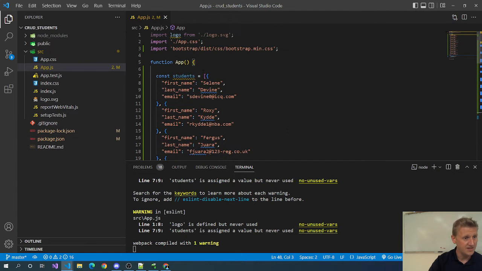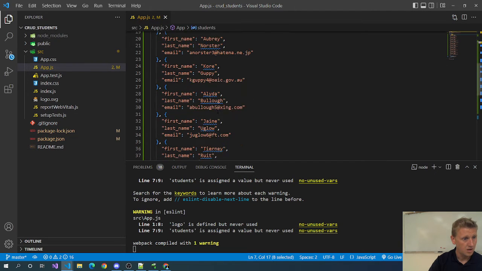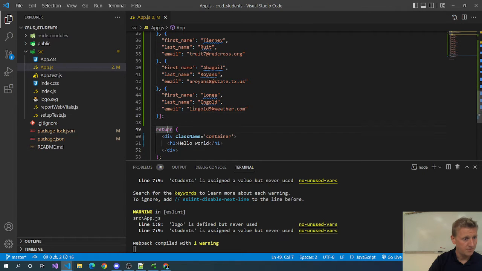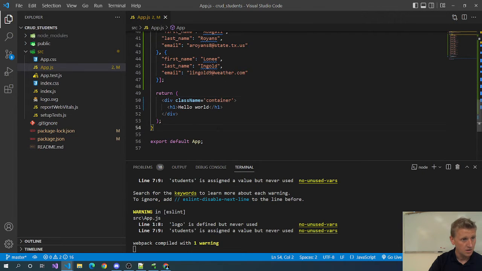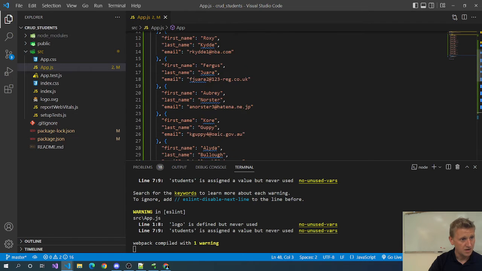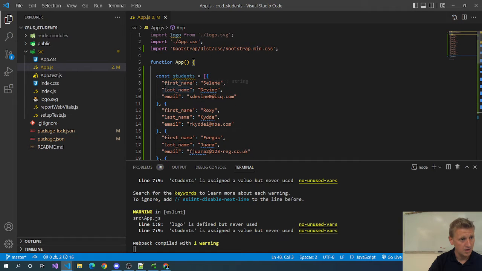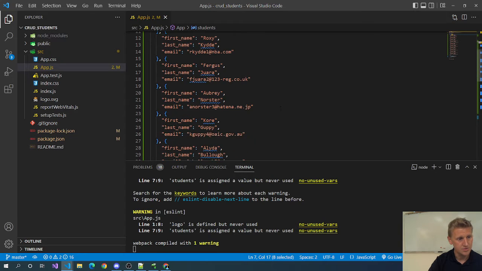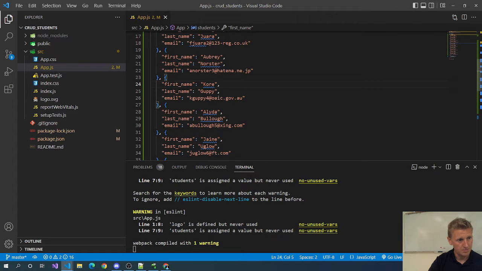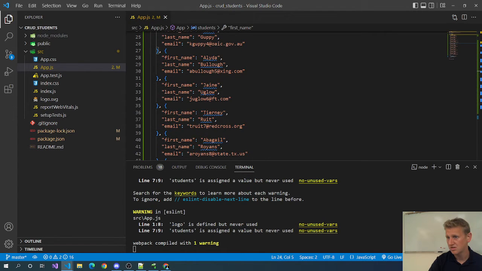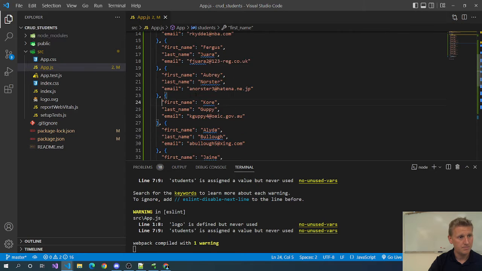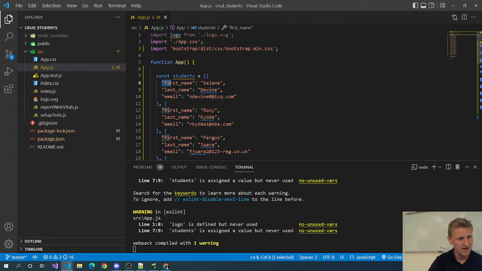And so I did this above the return statement. Interesting that all my properties are going in quotes. I'm not going to want that, so I'm going to say first name